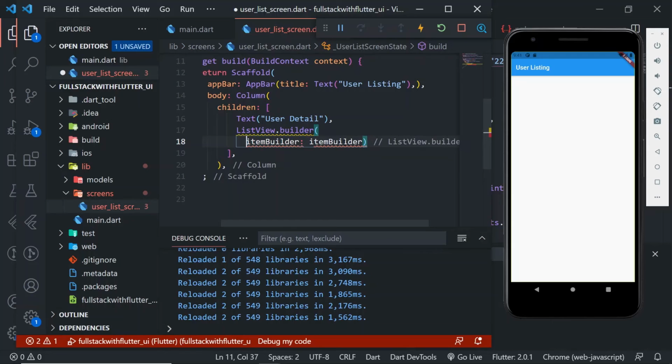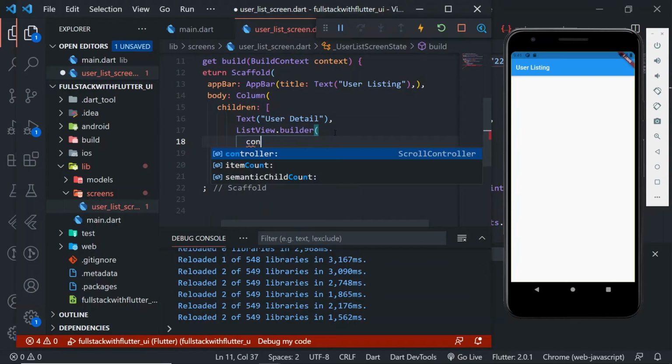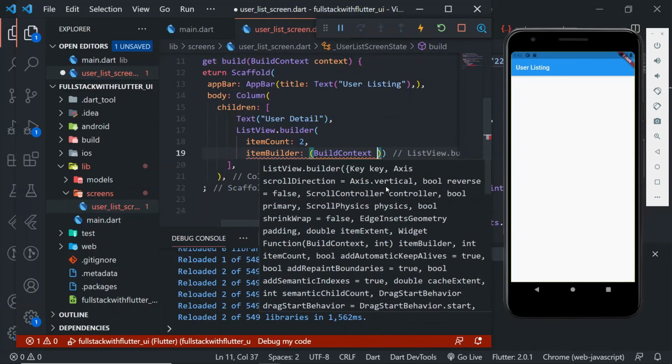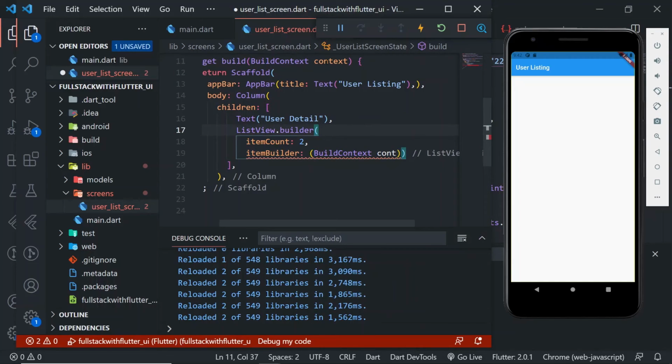One is context, item count, let's say 2, and this builder is nothing but build context. So this context is coming from here, so we can directly pass this context. Okay, and then the second one will be